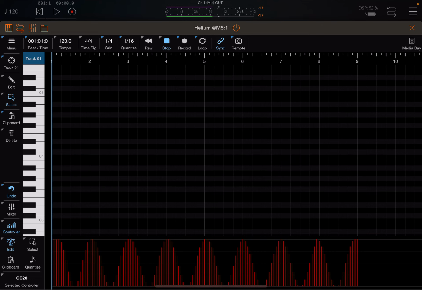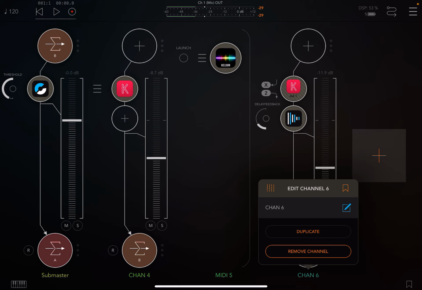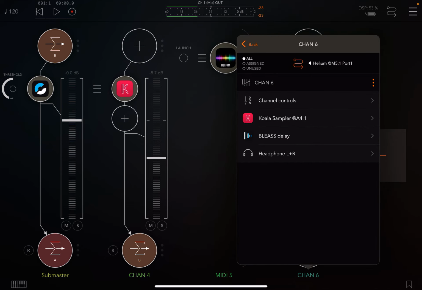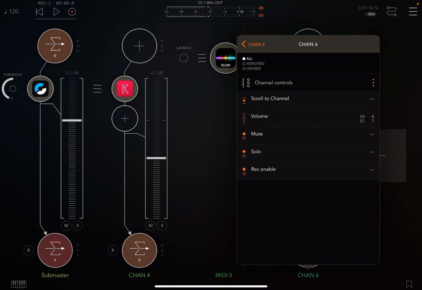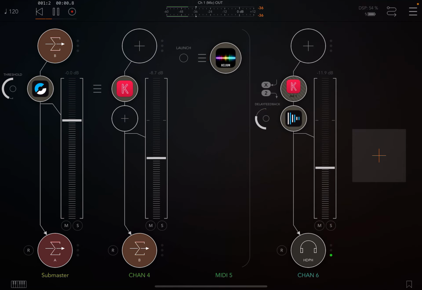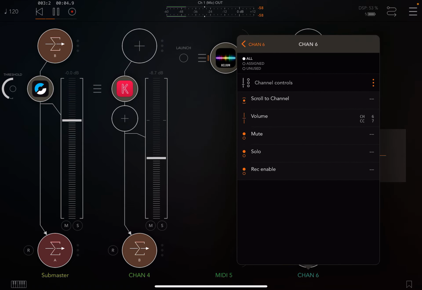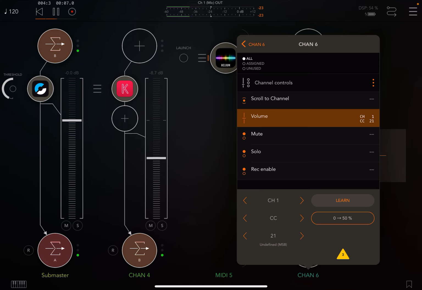You can have notes play, but you could also have knobs move, right? And you could, AUM is MIDI controllable. If you click on the name on the bottom of a fader, like channel 6, and click on the icon, you can go to channel control and you can change the volume. You can say learn on this. Right? And the volume is now controlled by